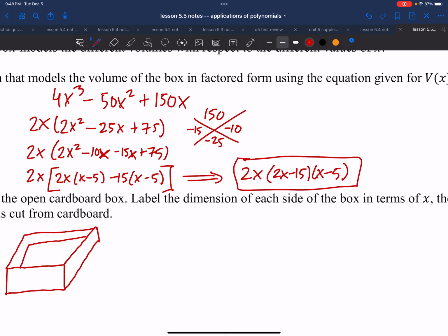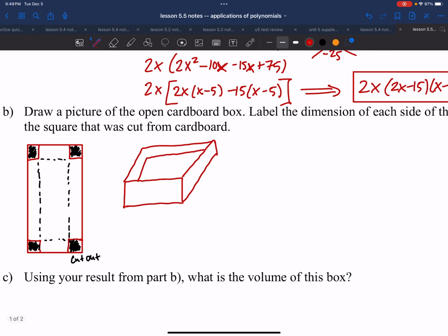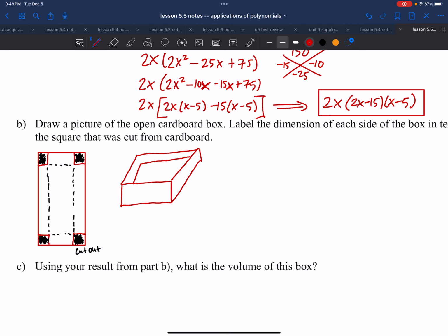And so this represents the volume of the box in factored form. But that's it. It's just the polynomial completely factored, okay? I mean, come on, that's a factoring, but that's it. That's all it was. Now, part B is kind of making realistic sense of what is going